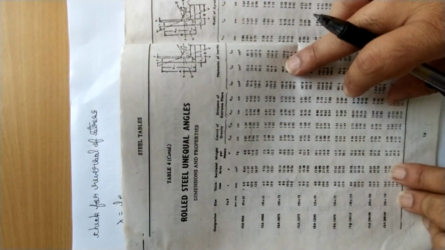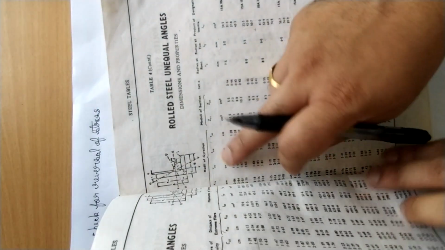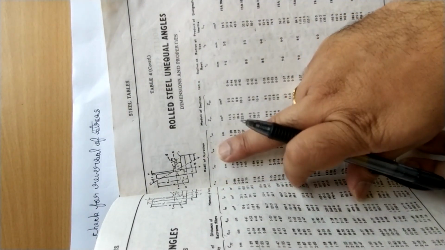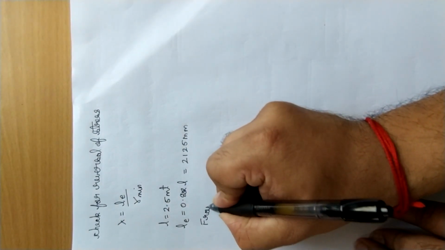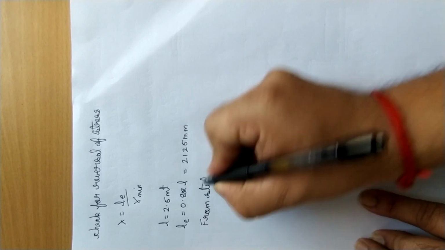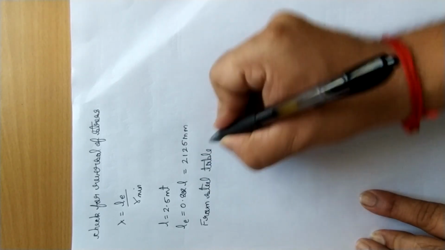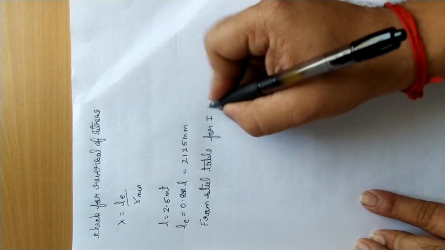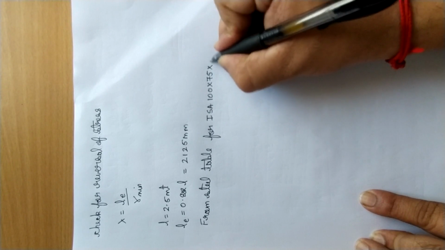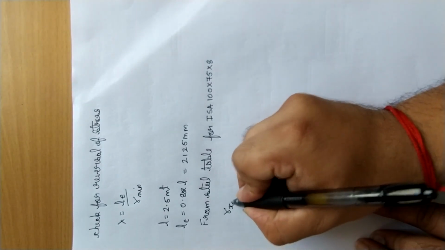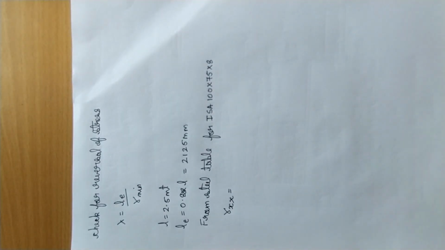So you will have the components here, that is radius of gyration. So these are the radius of gyration. You have RXX, RYY, RUU, RVV. Note down all of them. So let us note down. So from steel table for ISA 100 by 75 by 8, RXX. So let us note down. So RXX is working out to be